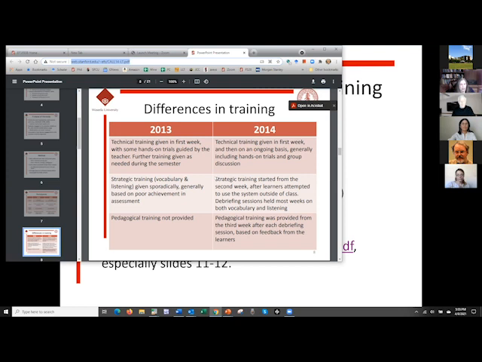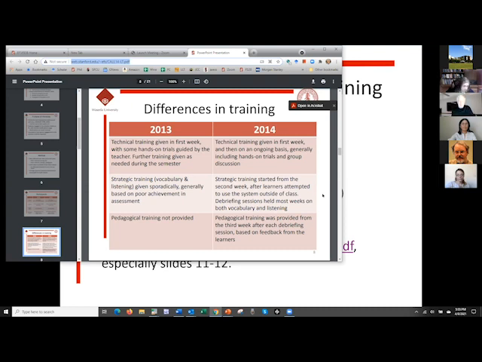We set up a pseudo-controlled study here using the 2013 data as the control group, and then in 2014 doing more learner training. And again, this is a situation where he had done the same thing for a number of years. Initially he was only giving the students a little bit of technical training. He was using a model of mine that involved also strategic and pedagogical training. So he'd spend maybe 10 minutes in a class explaining things to students, and importantly, letting them get into groups and talk to each other about how they were using the app outside.